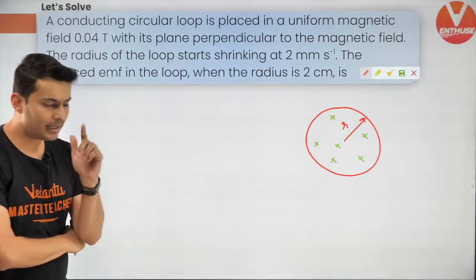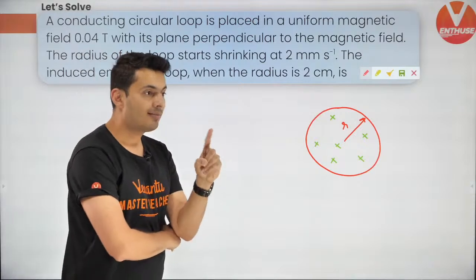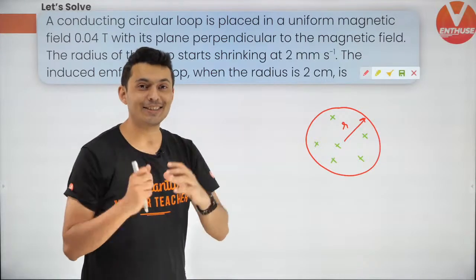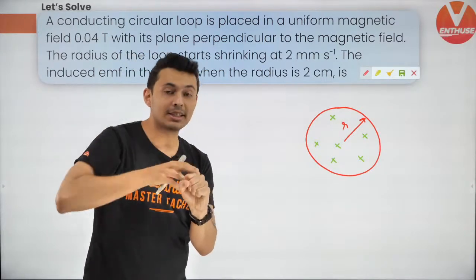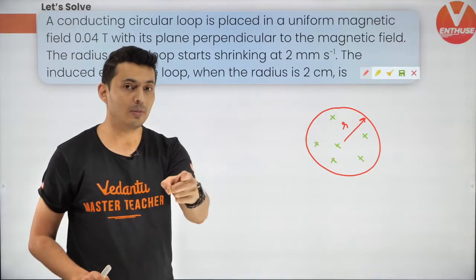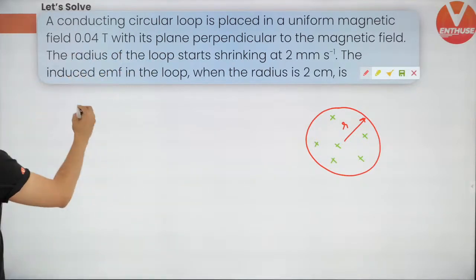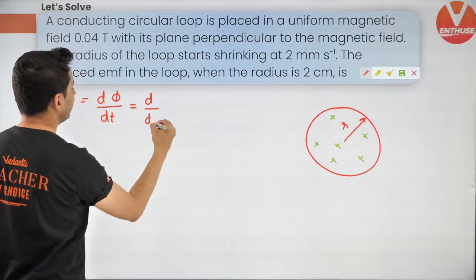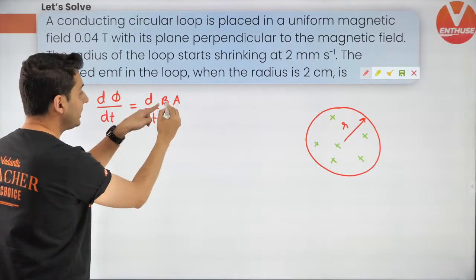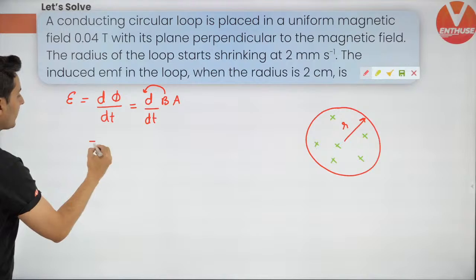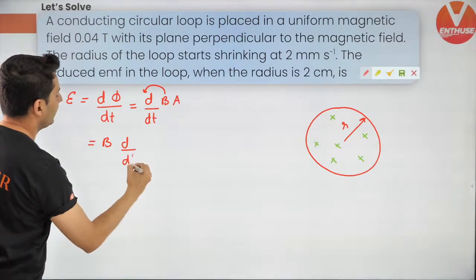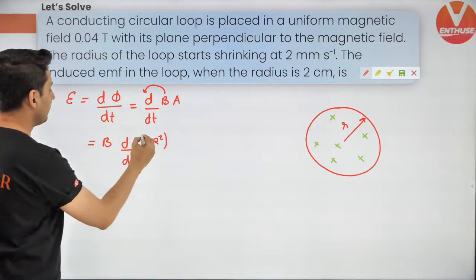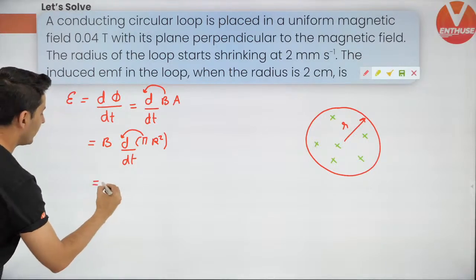So guys, think about it. The EMF is developed when the flux changes. Why will the flux change in this case? Because the area is changing. The number of field lines passing through that area will change. That's why the flux will change, and that's why EMF will be created by Faraday's law. So EMF magnitude is d phi by dt, and phi itself is magnetic field times area. The magnetic field is not changing, so it will come outside, and you will get B times dA by dt. Now what is area? Area is nothing but pi r square. Correct? Now that pi will also come outside, it being a constant. So it will become B pi,